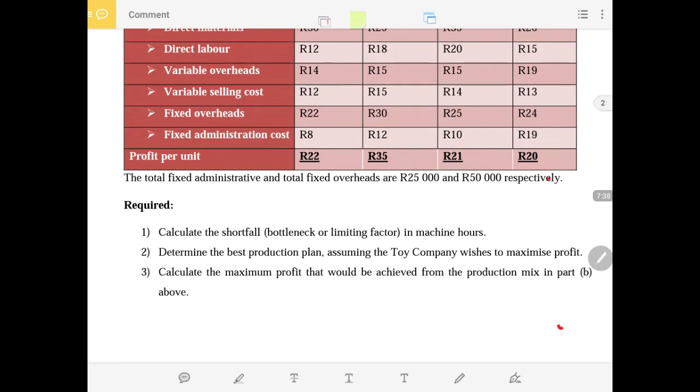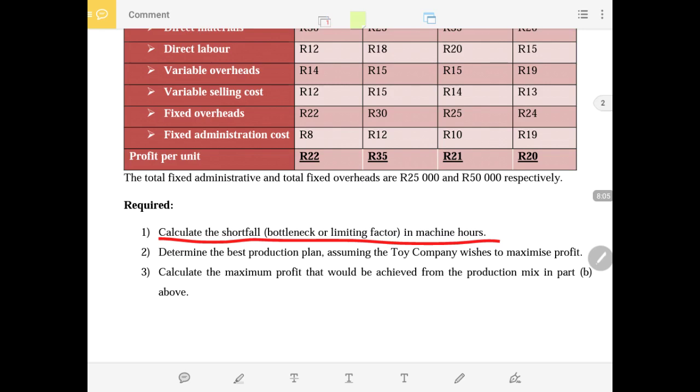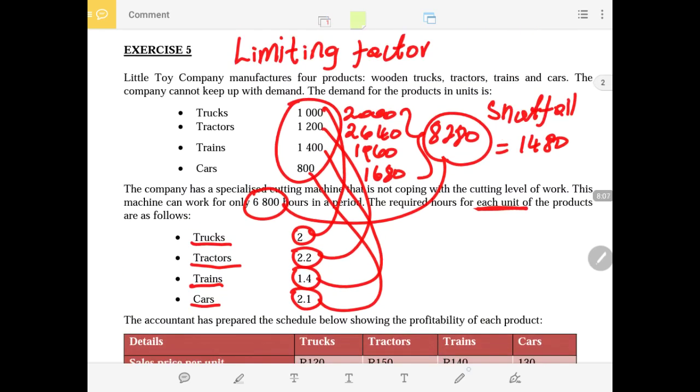Then after that it can also be called gross profit per unit. The total fixed administrative, it's not gross profit, just profit per unit, not gross profit. The total fixed administrative and fixed overheads are 25,000 and 50,000 respectively. So now these are the total fixed cost, and we are required to calculate the shortfall, of which we already know that the shortfall is